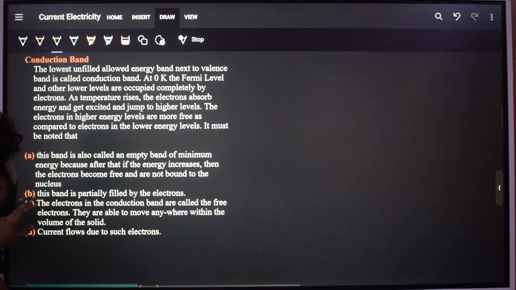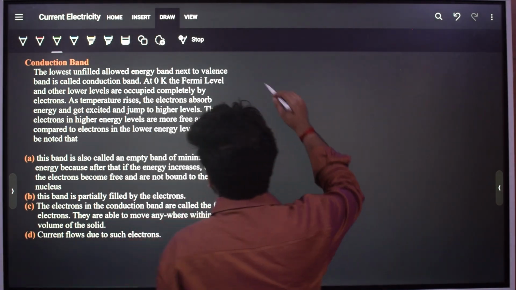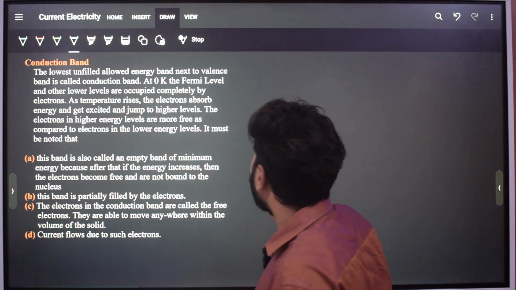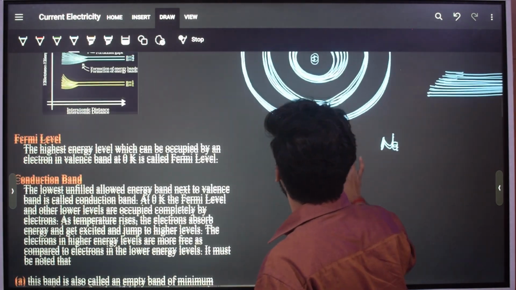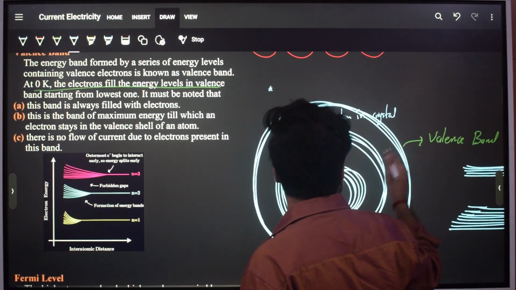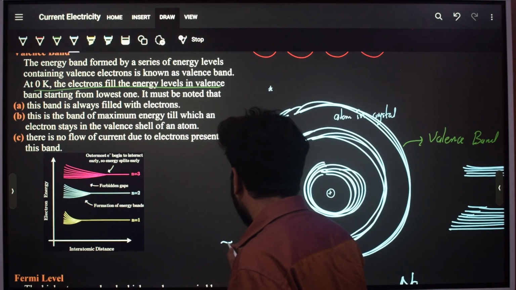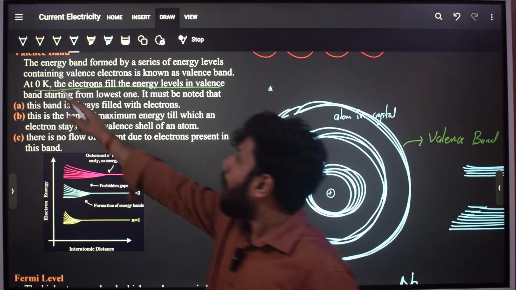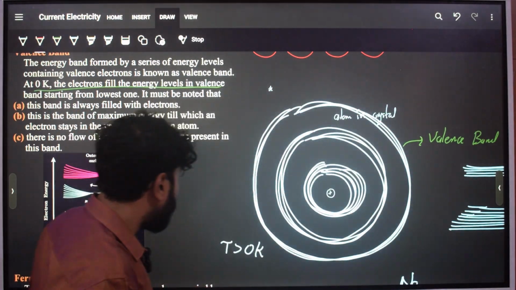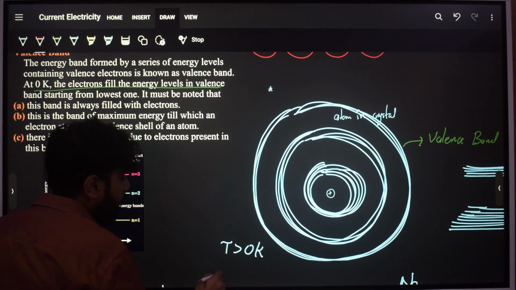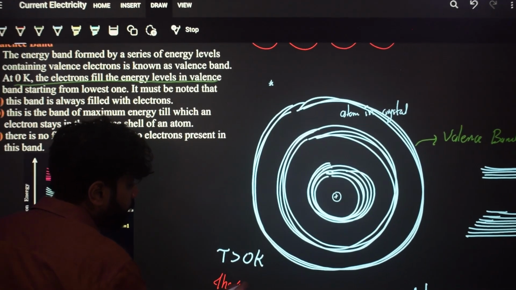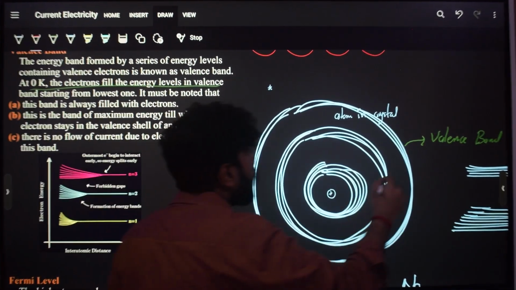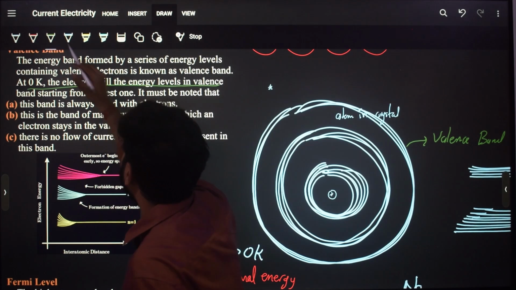Now we have the conduction band. And if you remember, why we are discussing this, to define the free electron. So same as this picture, let's say this is your valence band, and if the temperature is more than 0 Kelvin, what can happen? Because if it is more than 0 Kelvin, it can get thermal energy. And what will happen? Let's say there is an electron here,